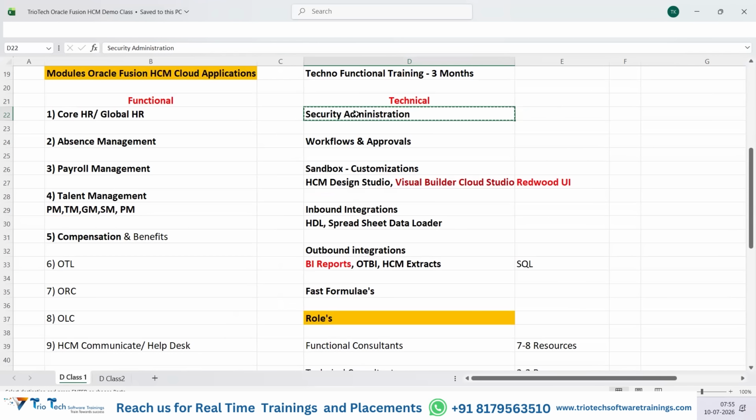So in this module only, user creation part, access management part, everything will be discussed. So tomorrow I am going to start with our very first module in the Fusion system, that is security administration, team. So before taking the questions for today,